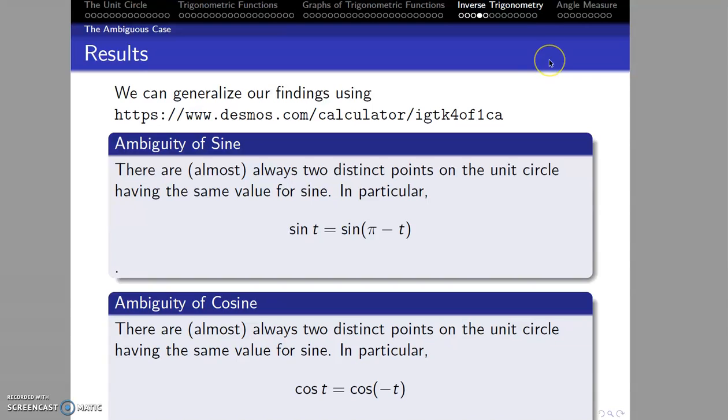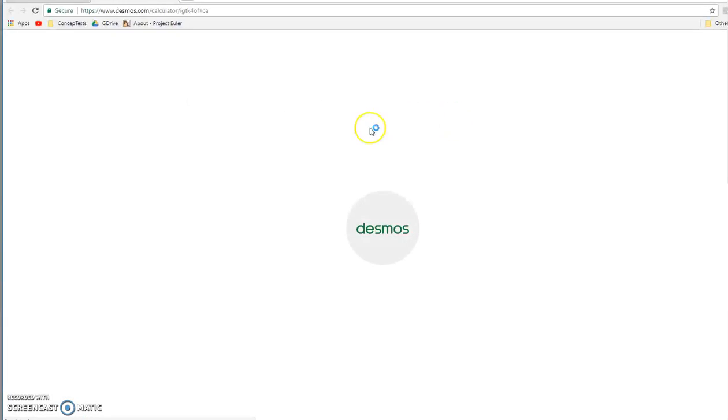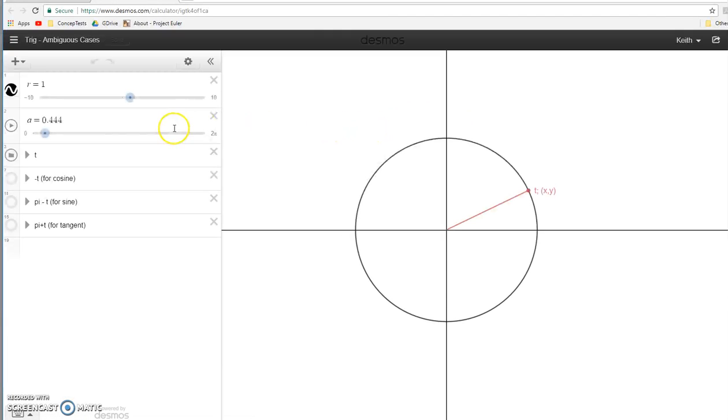I want us to recognize something straightforward here. Actually, it's not that straightforward. That's why I prepared this graph. So forget what I just said there. What I want us to recognize is as we rotate around the unit circle, as we're moving around, or even more generally, simply as we're rotating, period,